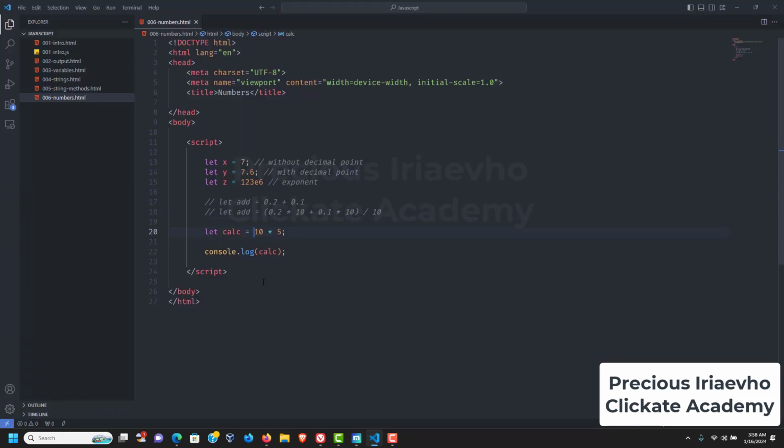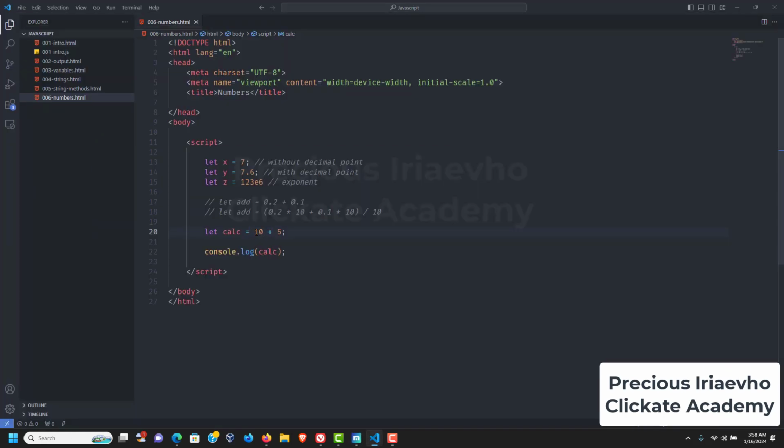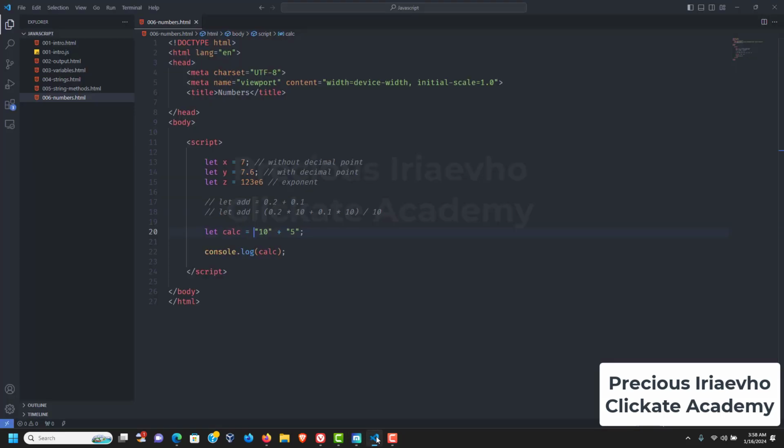Okay, so let's do plus now. 10 plus 5, that will be 15. What if we wrap this up like a string? I wrap this up too. What do you think will happen? Guess. If I reload this now, you see we have 105, because in JavaScript, this plus is used